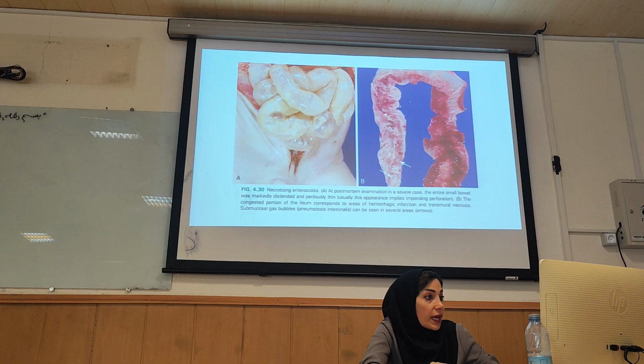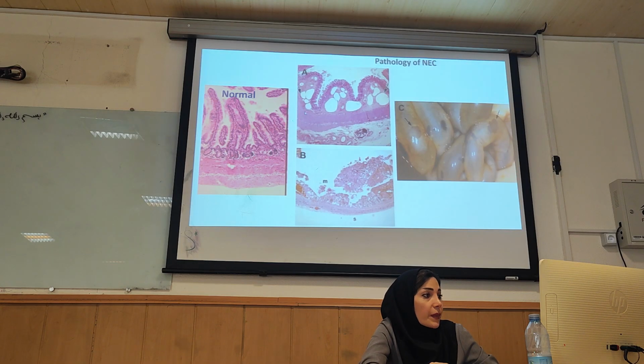And necrotic intestine with some hemorrhagic areas, ulceration, and bubbles in mucosa and submucosa. In this photo, you see the gross picture, and this one shows the normal histology of intestine,